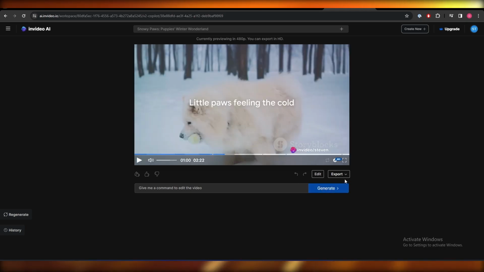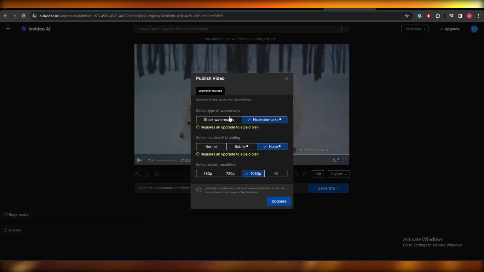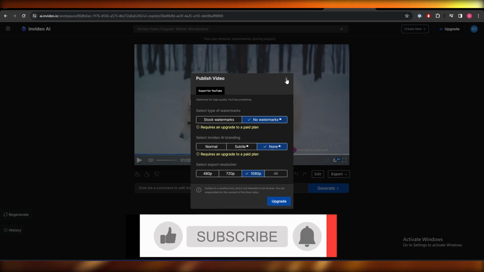Now all that's left for us to do is to simply export the video. We simply click on export video, and now we simply select the plan we want, and we should be good to go. So that is how you do it. That is how you use